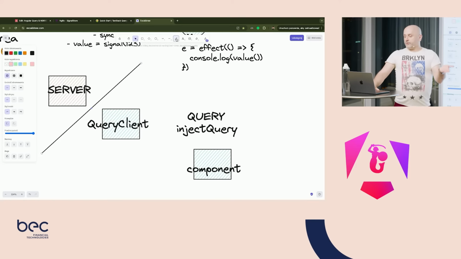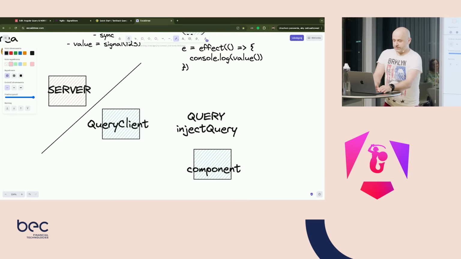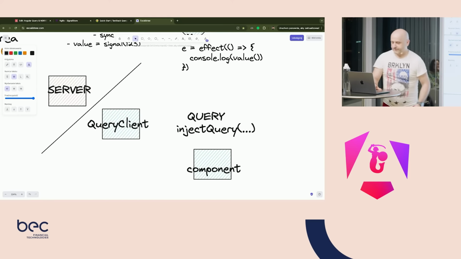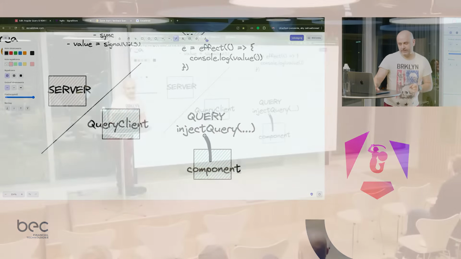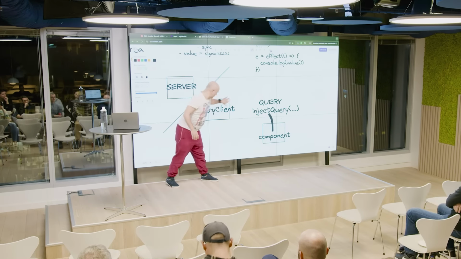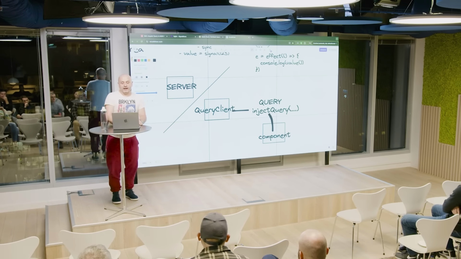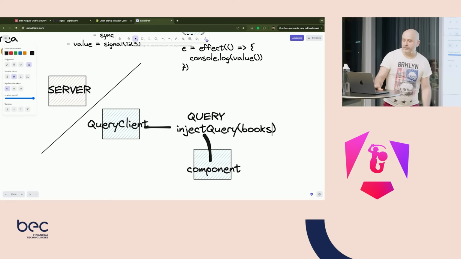Now when there is a component that requires some data, this component is going to include some code that basically says inject query, blah, blah, blah. So just define what the query is, right? So yeah, the component requires the inject query. Inject query is basically a very tiny facade over the query client. So if I want to have an inject query of, let's say, books, whatever the books are,